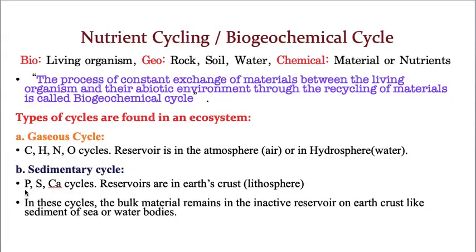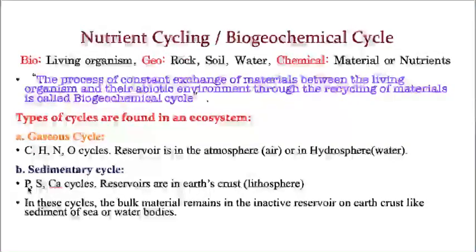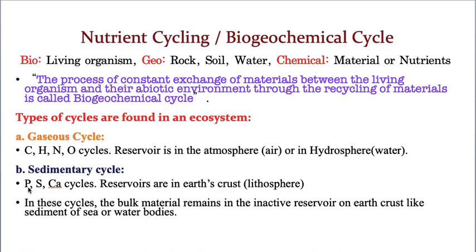That means in today's class we are going to read only the carbon cycle and phosphorus cycle. And in our syllabus only three cycles we need to read: carbon cycle, nitrogen cycle, and phosphorus cycle. That means indirectly I'm telling you one thing: when I am taking the exam on ecosystem, I will ask nitrogen cycle questions also. So please read it in mineral nutrition and try to recollect it. Hope you understand. Now let us take the first cycle, that is gaseous cycle. For that I am taking the carbon cycle.